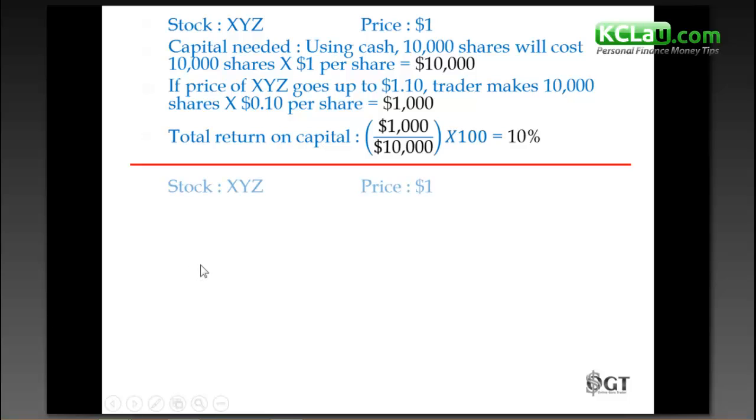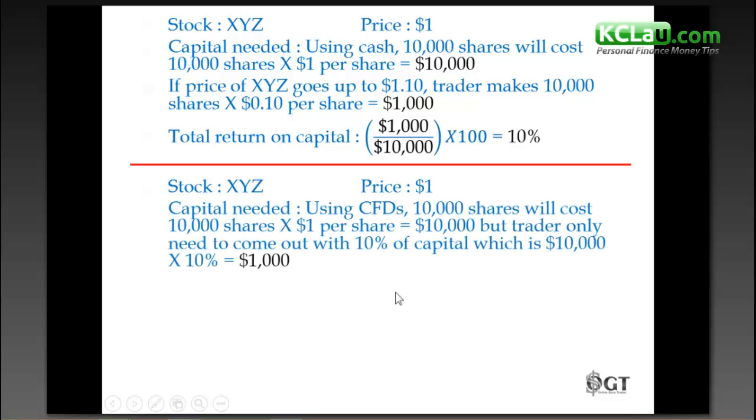So CFD, let's say the same example again. XYZ priced at $1. If you use CFD, by the way, CFD stands for contract for difference, because of the use of CFD, you only need to have 10% of the capital needed, so in this case, you only have to fork out $1,000. With $1,000, you can purchase 10,000 shares. But of course, who will fund the balance 90%, you may ask. The brokerage will fund 90%